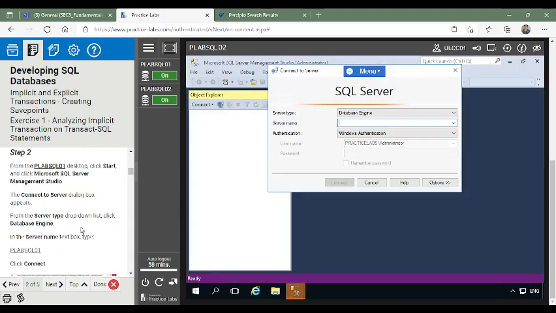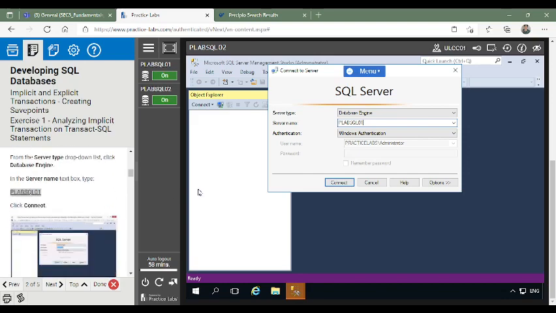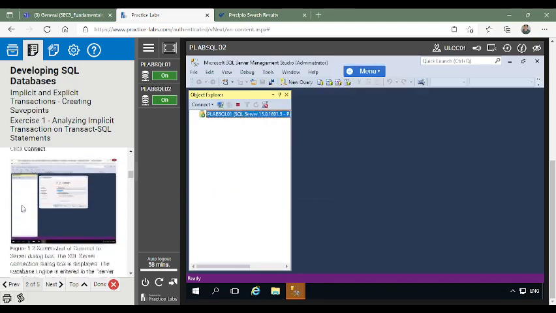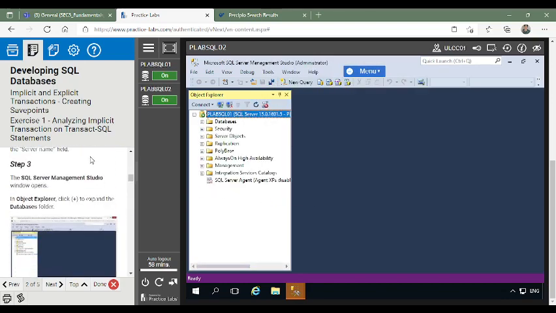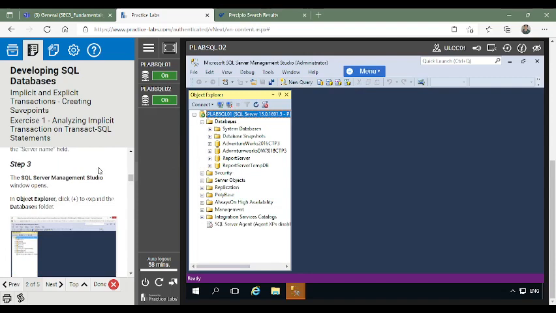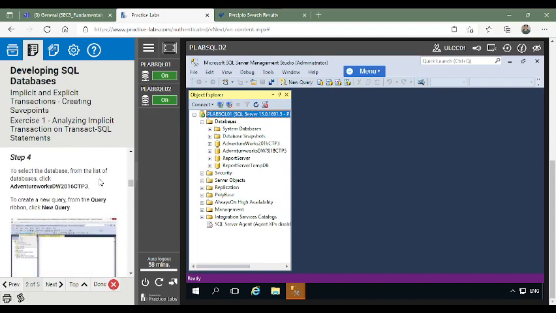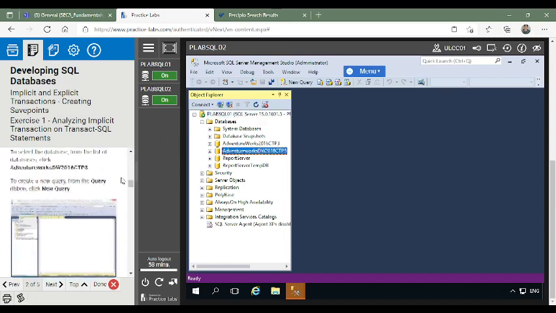For the server type, we should be on Database Engine and connect to PLAB SQL 01. Then click Connect. The SQL Server Management Studio window opens. In the Object Explorer, click to expand the Databases folder. To select the database from the list, click AdventureWorksDW2016CTP3 and create a